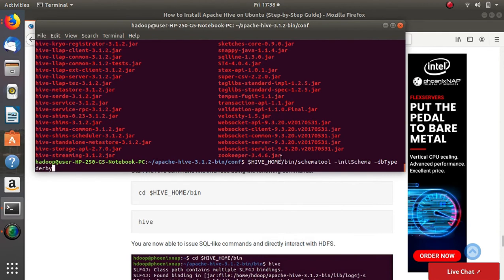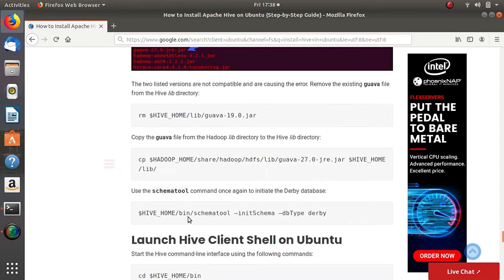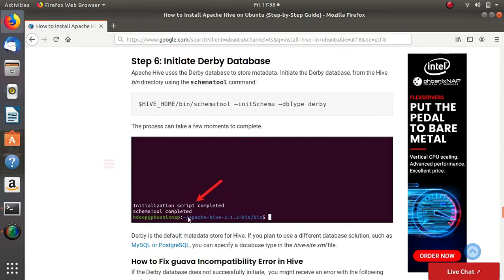So this is the command to initiate the schema and the Derby database. I already have this initiated in my system, so I'm not doing this. You just initiate the Derby database and you will see something like initialization script completed and schema tool completed.